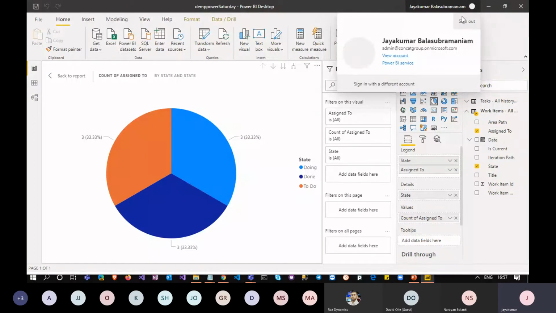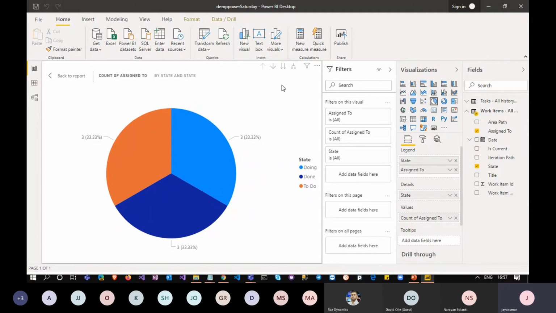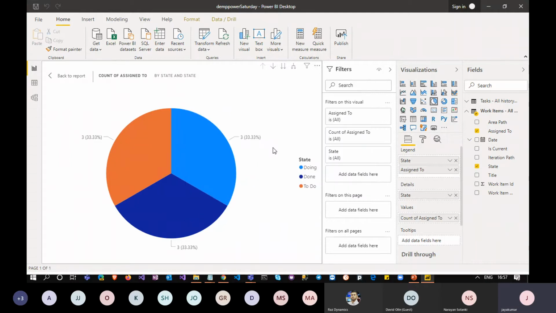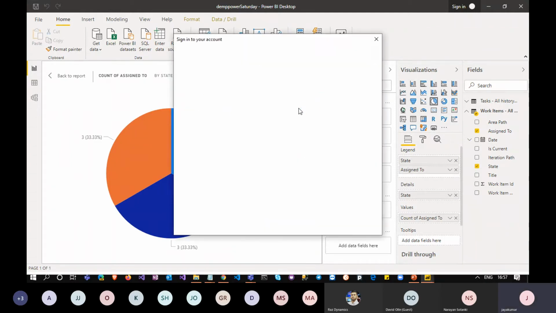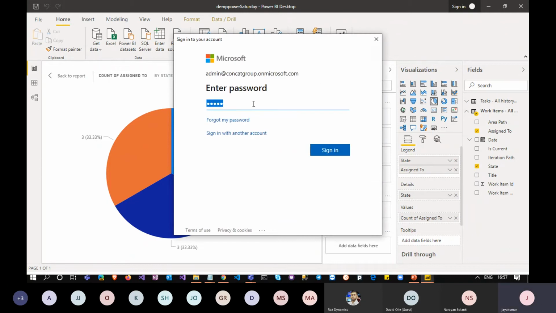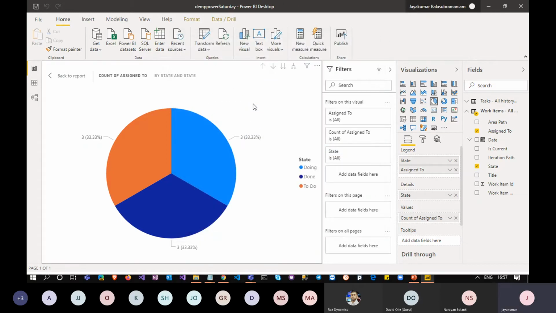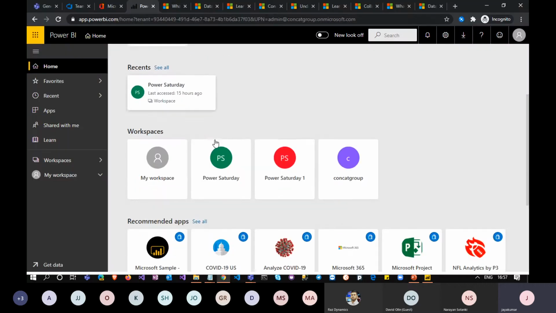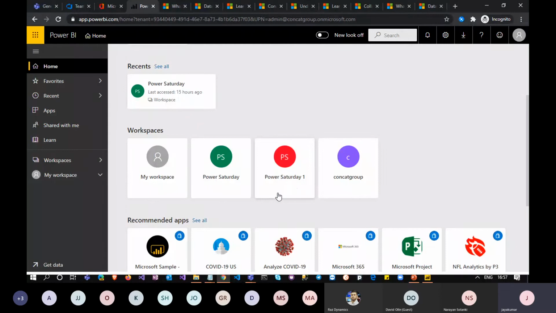Let me once again sign out and sign in. Maybe that will pull up my data again. Okay, I think it will take some time, yeah, I got my workspace here, Power Saturday 1.